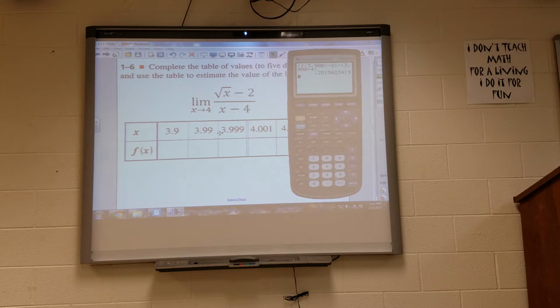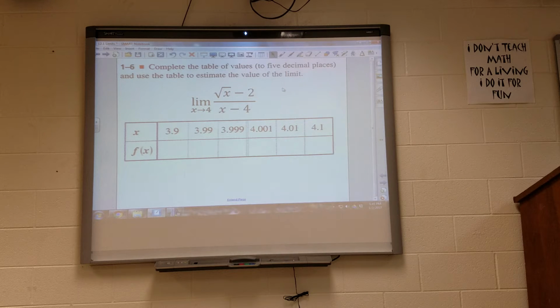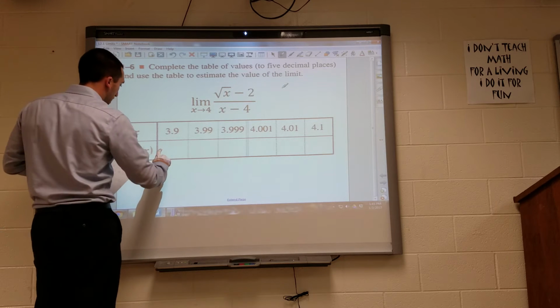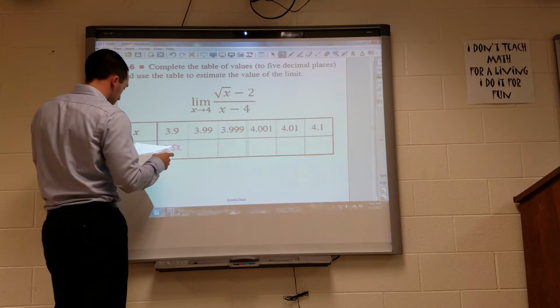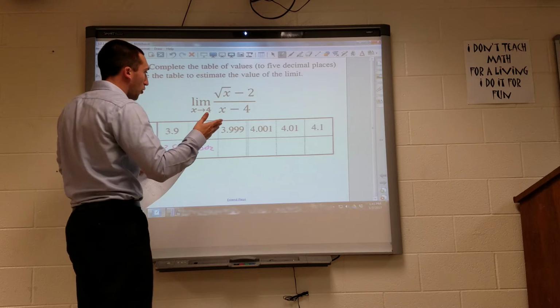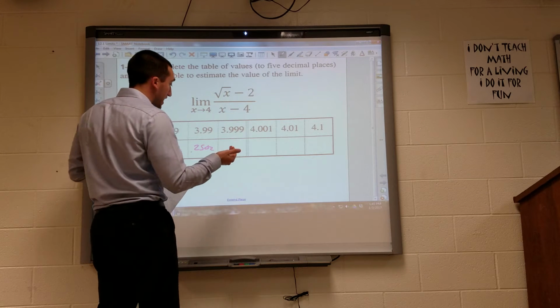So again, I'll do the next one, 3.99. And if you aren't aware of this trick, second entry pulls that same thing back up. And now I just change this 9, and that's 0.2501 or 0.2502. So you can kind of see it there that as we get closer to 4, at 3.9 we were at 0.252, at 3.99 we're at 0.2502, and then at 3.999 we're at